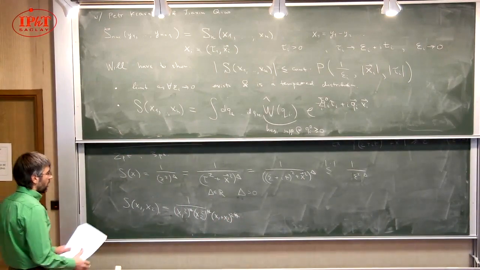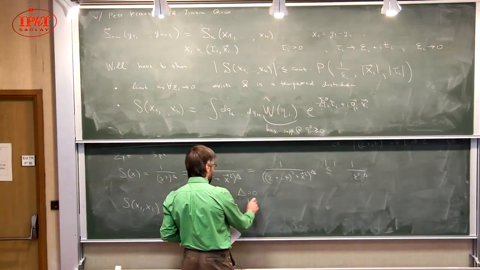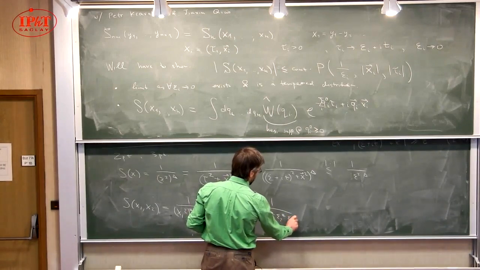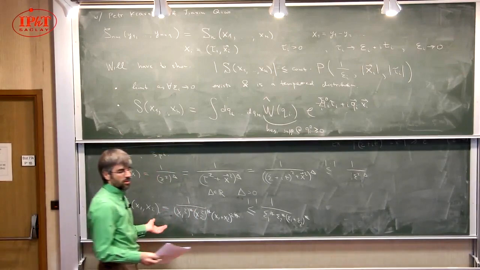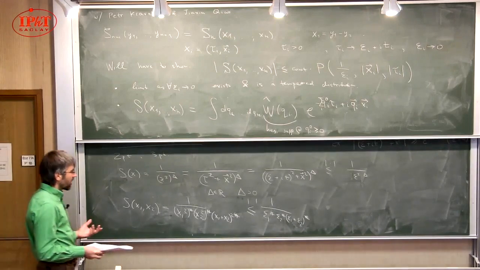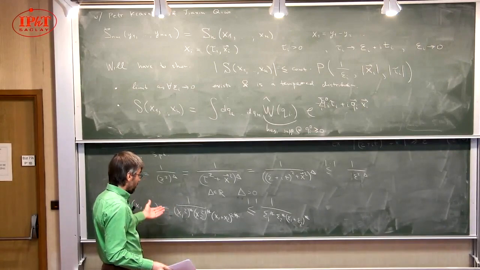And for each of these factors, we have a bound. So this is going to be bounded in absolute value by 1 over epsilon 1 to some power, epsilon 2 to some power, epsilon 1 plus epsilon 2 to some power. So it's polynomially bounded, and the three-point function is also polynomially bounded, and hence it is a distribution in Lorentzian signature. So it's really so simple that it's almost embarrassing. But notice that it has some interesting consequences. For example,